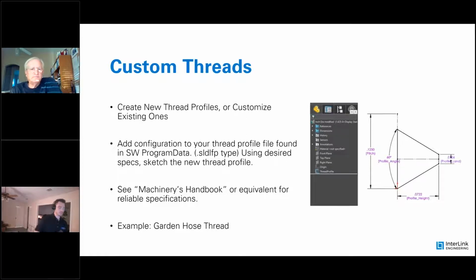But even so, we as designers encounter threads that are not available in these libraries. Recently at InterLink, we had a client with a valve that needed a garden hose thread. It turns out, I didn't know this, but every garden hose in America has the same thread on it, and there is a specification that you can find. You can find a reliable source like the Machinery's Handbook or the equivalent to find the specifications for these standard threads. And then we can program that into our thread library